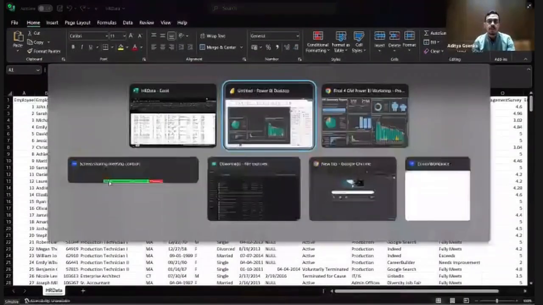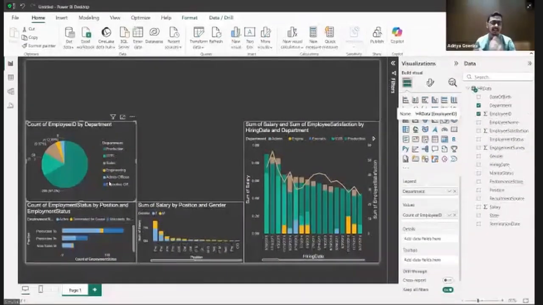Now, if we want to make a new parameter inside Power BI, it is not feasible that we go to the Excel, make a new parameter over there, and then upload it again in Power BI. Or if we want to create a count of something, or a new metric, how do we do that? How many of you want to learn to create a new parameter inside Power BI using the existing columns?